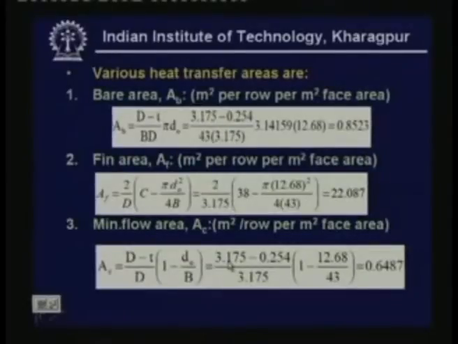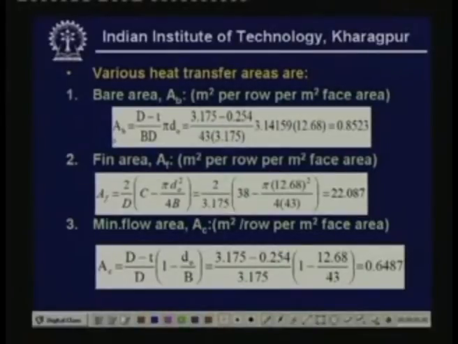Now the first thing we do here is find out the various heat transfer areas. All these areas have been defined in the last lecture, so you can refer to the last lecture for these formulae. I am just giving the formula here. First is the bare tube area AB,